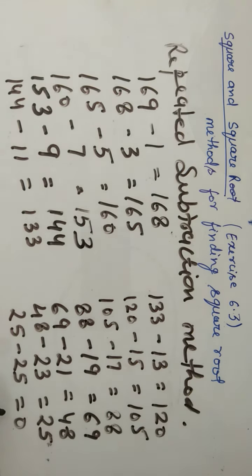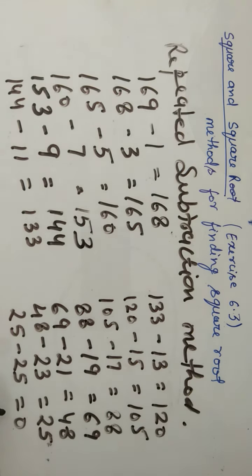Okay. So the next method we will discuss is the prime factorization method. For example, we have the number 1764. For finding it by the prime factorization method, we will find the prime factors of the given number. So we will use prime numbers only. So just see what the factors are.